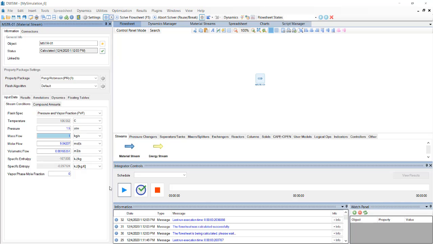Okay, so after setting the pressure at 1.5 atm, since we have a saturated vapor that is about to condense, just before the condensation starts, we know for a fact that the vapor phase mole fraction is equal to 1. So that is about to condense, right? So we know now that the corresponding temperature, once you change to this value and press enter, you will approximately have